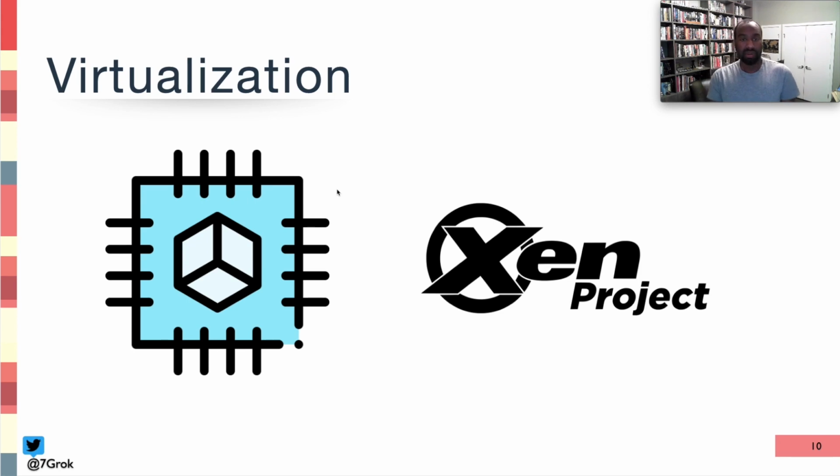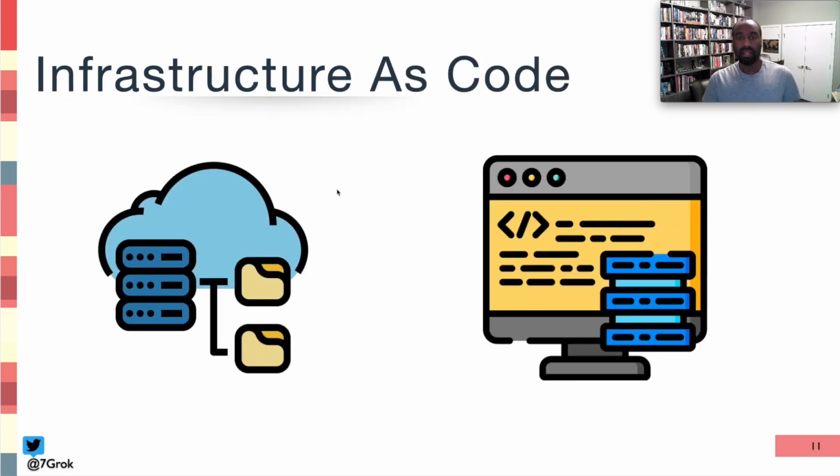Now, some of us early on realized that this could be a problem because you had to deal with noisy neighbors, start to deal with capacity problems, and just general debugging of applications that don't perform so well in these early virtualization environments. And then the next evolution we had was infrastructure as code.